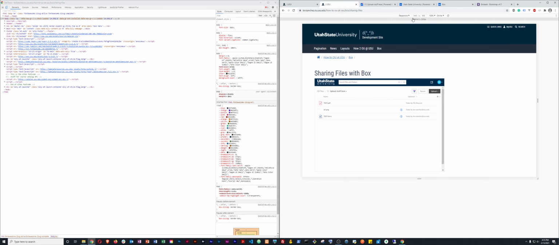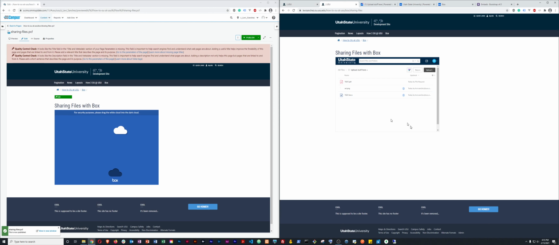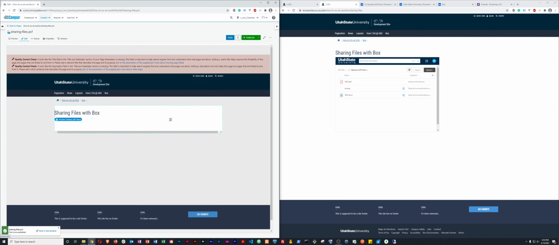Then you get to a laptop or a desktop computer and it's fine, and you're like, that's not what we want. We want our users to have a good experience on our website regardless of the device they're using to access our website, always. And that's why we care about all that fancy